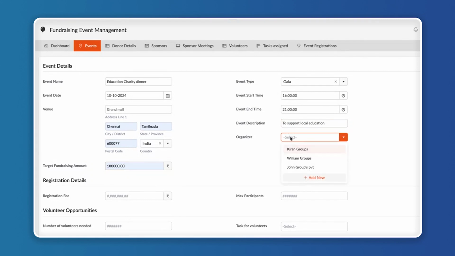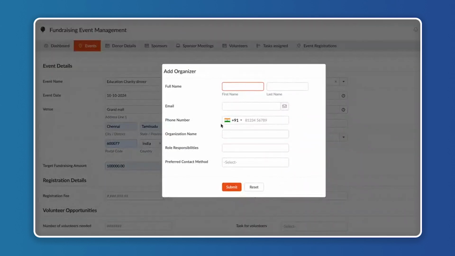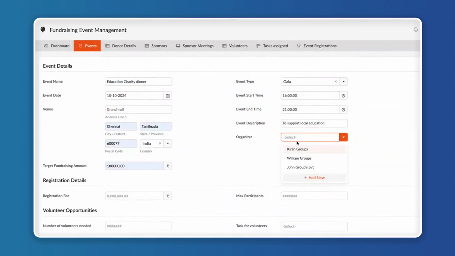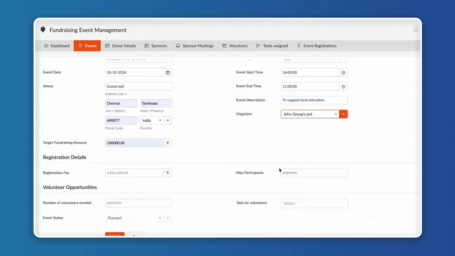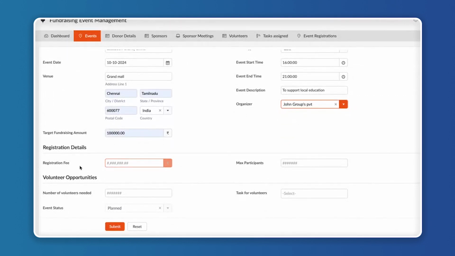And the organizer is who is going to conduct the event. If we want, we can add a new organizer, or we can choose from any one of the existing organizers. The registration details are, what is the registration fee for the attendees and what is the maximum number of participants we can accommodate. And the total number of volunteers needed to conduct the tasks, and this is the